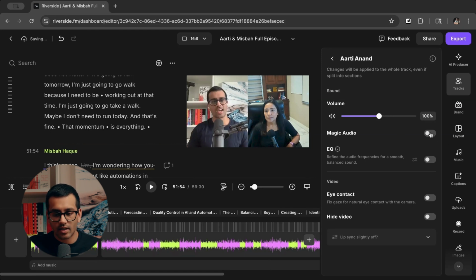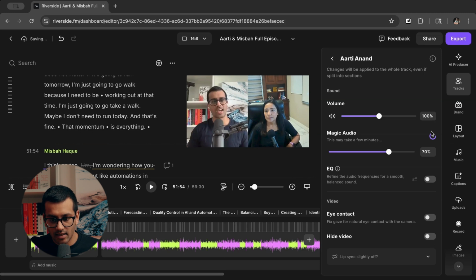The magic audio can be a hit or miss, right? Sometimes it works and it's great. And so you can turn that on and it basically goes and does all these things automatically, and it analyzes your whole episode and gives you its version. Sometimes I find, and this is not just Riverside alone, this is any editing software, like Adobe's beta version in Premiere did this, where the audio improvement